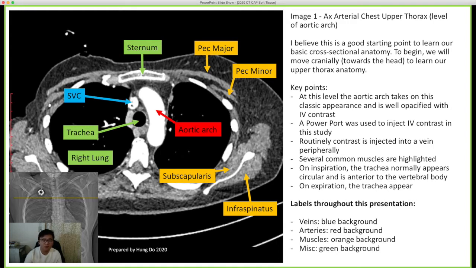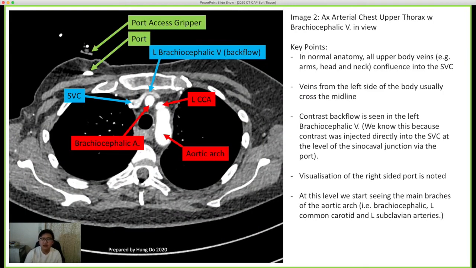Now, moving up towards the head, you see your aortic arch start to bifurcate into those common appearances that you see. The aortic arch is in the middle here, your brachiocephalic artery, your left common carotid artery, and your SVC, left brachiocephalic vein, etc. I've also indicated this patient has an indwelling chest port, which in this case we injected